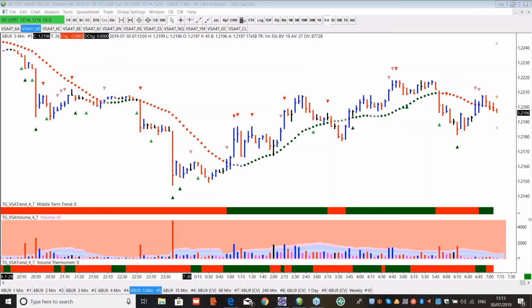Now, let me just go over straight away here to the chart. I'm just trying to put the screen up so you can see it. We're going to the 1 minute chart here. Okay, tell me when you can see my screen.